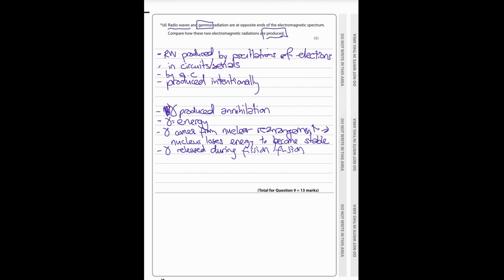If you're doing combined, you don't need to know too much about fusion, but everyone should know about fission anyway. So either way, this could come from a combined or a triple paper. I'm pretty happy now that I've got 6 marks for it because it was only in 2 sections. I've given enough information about both of those sections, and as long as I'm making it clear, so I'm not getting words wrong or anything like that, I've got the